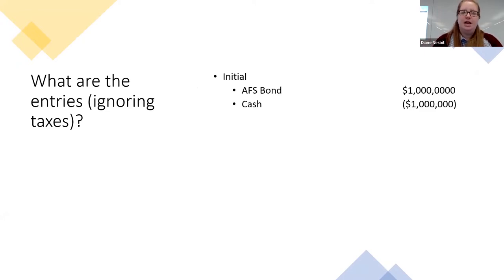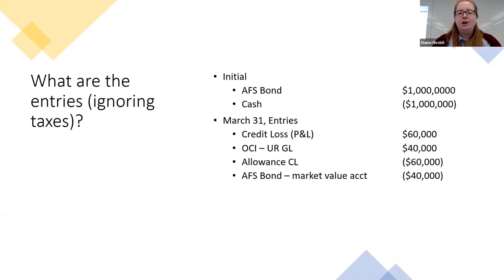So the purchase looks exactly the same. You debit your asset, credit the cash going out. March 31st. The way we've thought through this, and as each of you look at your own chart of accounts, you can decide, but we envisioned that you have your asset account, your mark to market account, and then an allowance account as well, because you are going to want to track separately